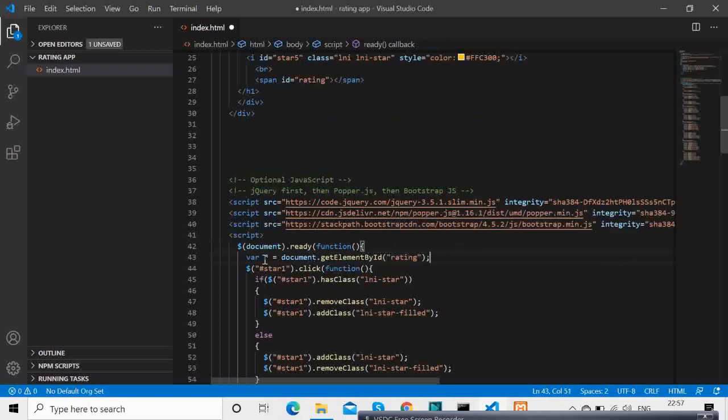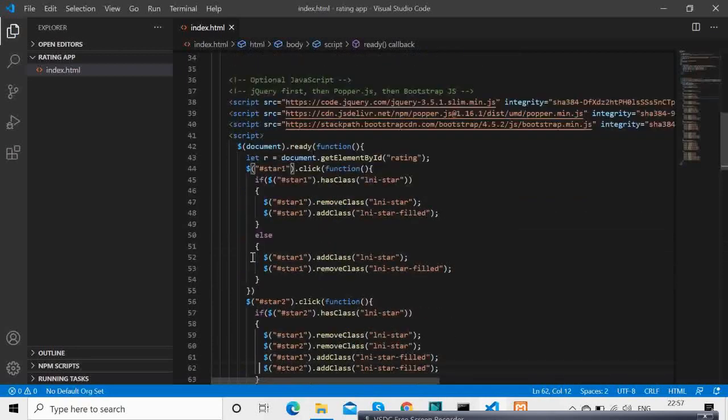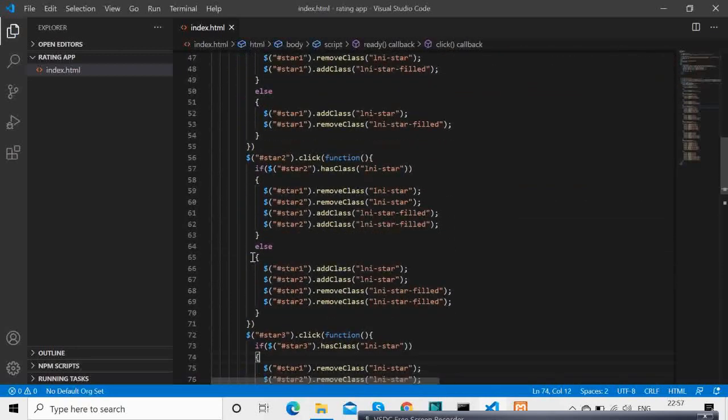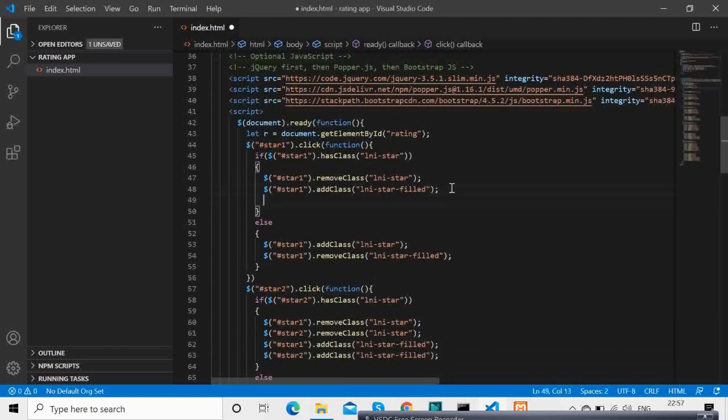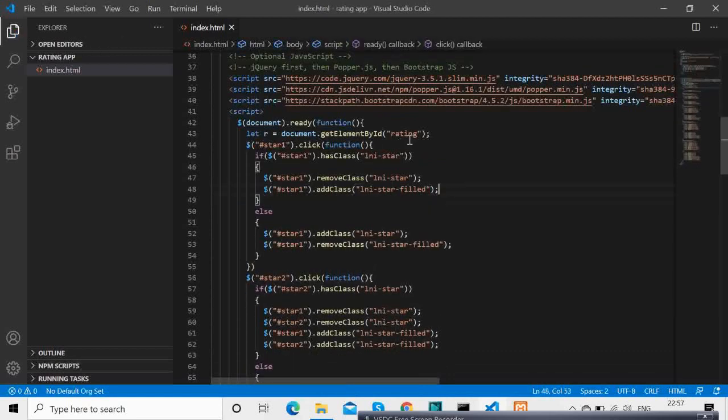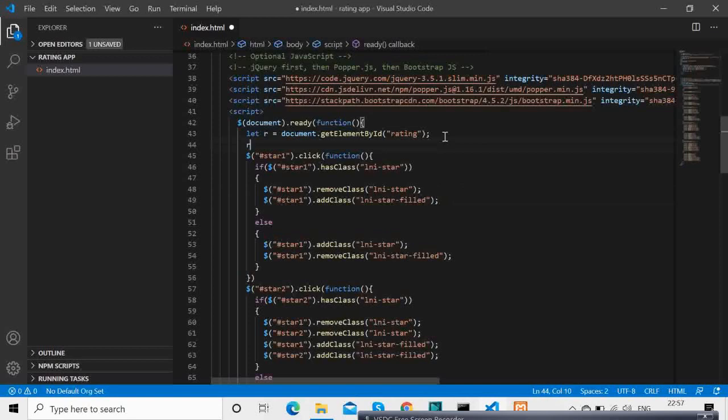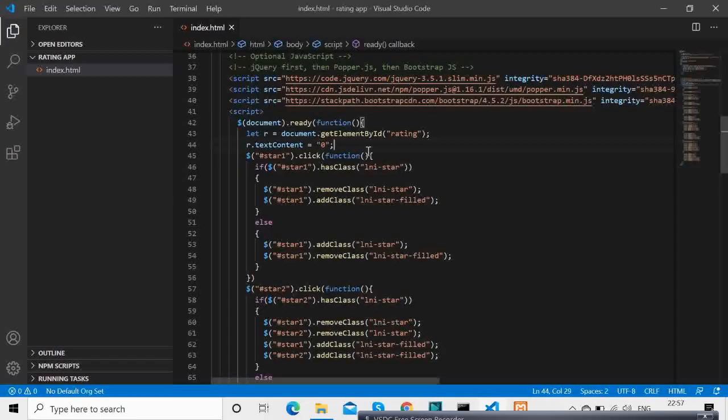What we will do is very simple. We will add the text content as 0 as default. Initially we want that value to be 0, right? Once a star gets clicked, we want that to change to 1, 2, like that.